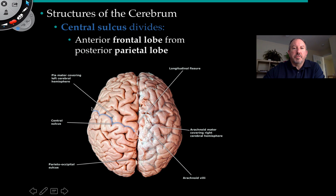I wanted to point out this particular area right here, this central sulcus, right in here that's highlighted in blue. The central sulcus is able to divide the anterior, toward the front, the frontal lobe, from the posterior parietal lobe, as you can see right there. Okay. You might notice there's a couple of other cool things that are not highlighted here, but this is the pia mater covering the left side of the hemisphere. The pia mater is the innermost